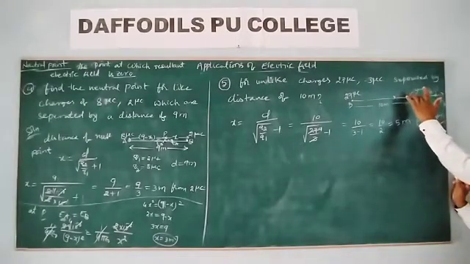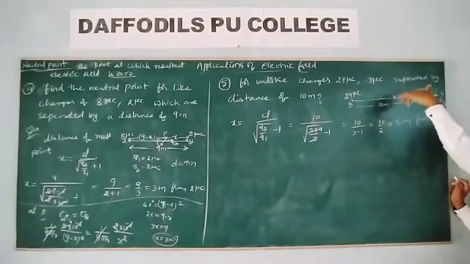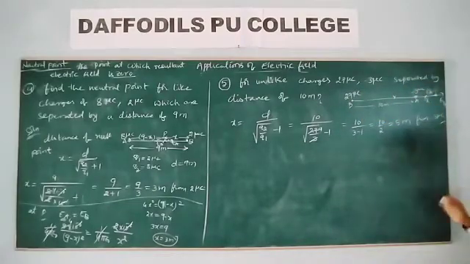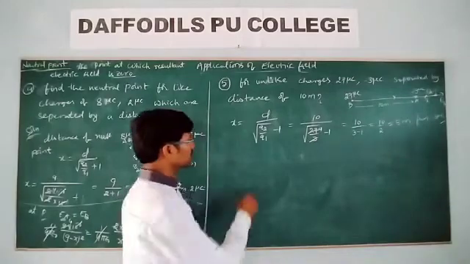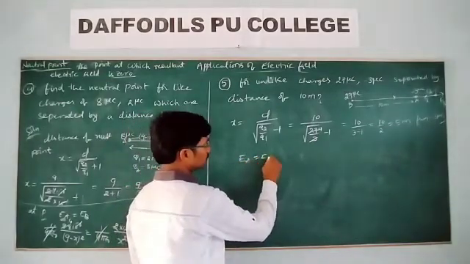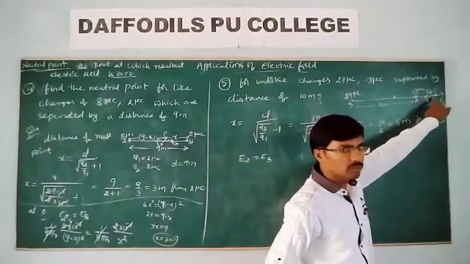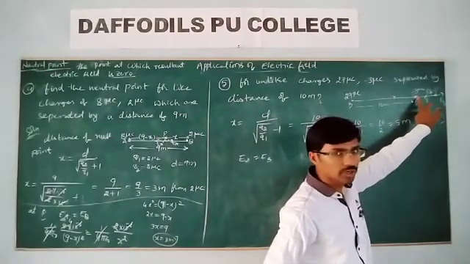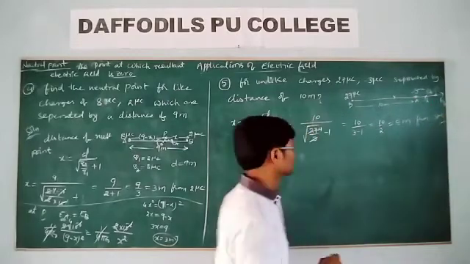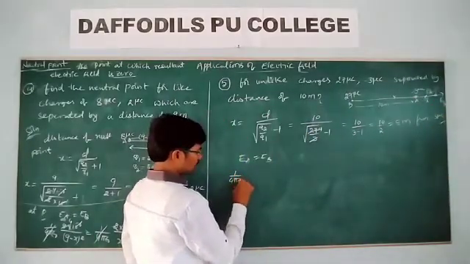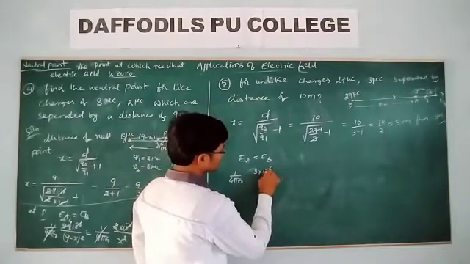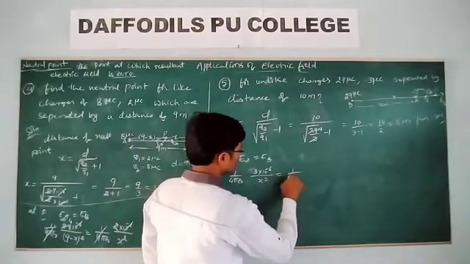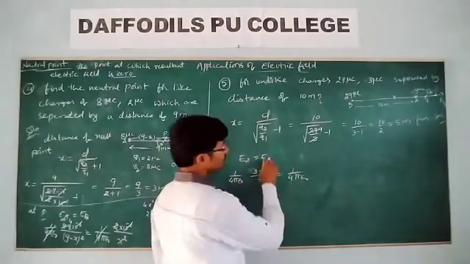Then from here, 5 meter means for this charge the distance is 15 meter. So this is the direction of the resultant electric field, or you can even calculate by the direct method. EA is equal to EB. EA due to the charge at this point is 1 by 4 pi epsilon naught q, where q is minus 3 microcoulomb, by x square. That is 1 by 4 pi epsilon naught, 3 into 10 power minus 6 by x square, equal to 1 by 4 pi epsilon naught EB at this point.